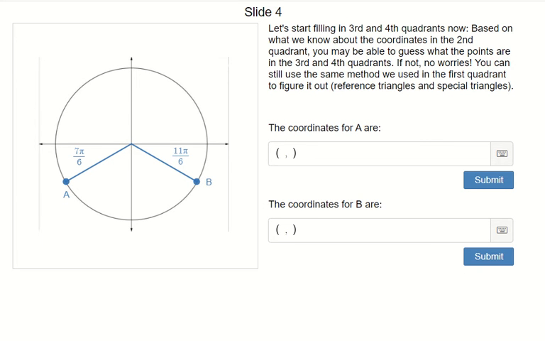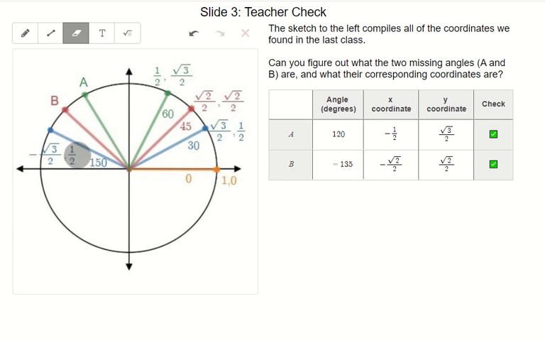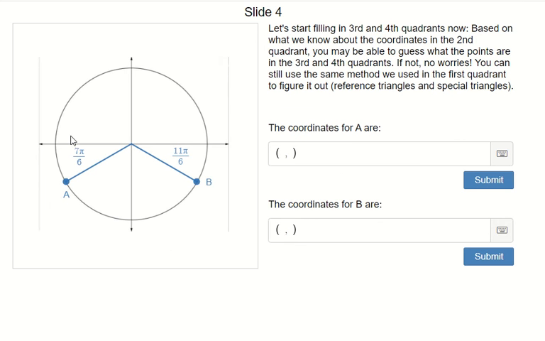So now we're going to look at the third and fourth quadrant, and we're going to follow the same pattern that we started on the last one. So we saw in this last one that we were kind of just reflecting. These ended up being the same reference triangles, but we're going to have the same thing here. This is going to be the same reference triangle as this one, and they're going to be the same as the reference triangles that were right here too. And if you'll remember, this was the 30-degree, it was the first triangle, right? The blue one, it was the 30-degree one, and 30 degrees is the same as pi over 6. So we can even look at that and just copy the points down